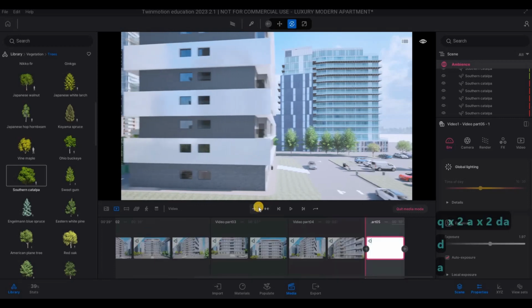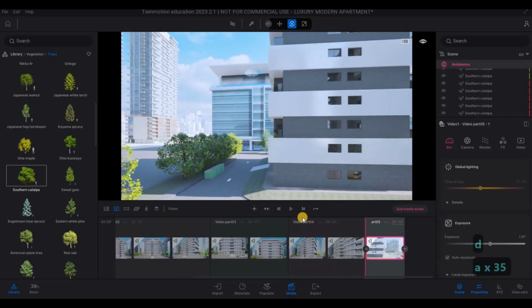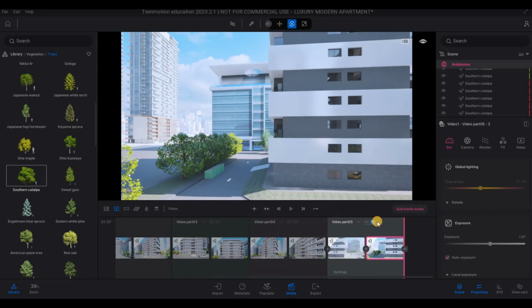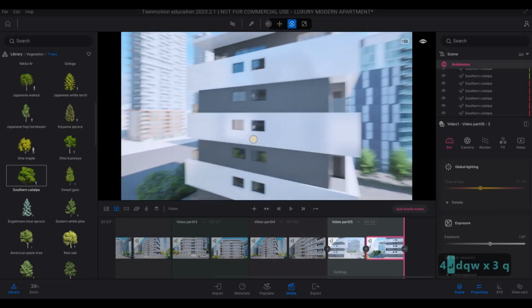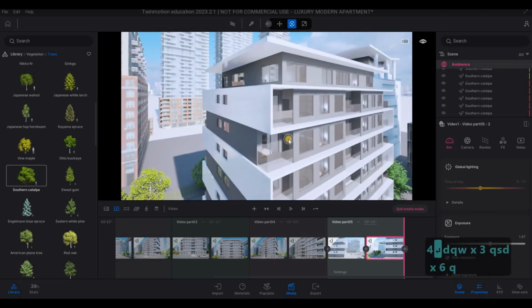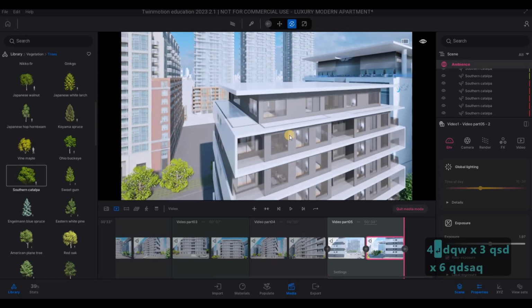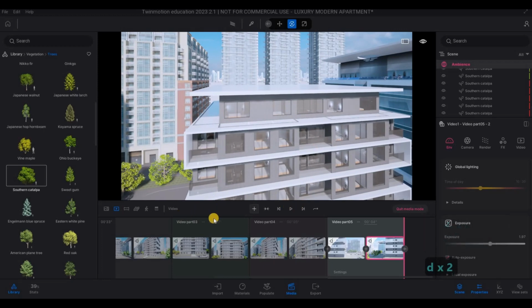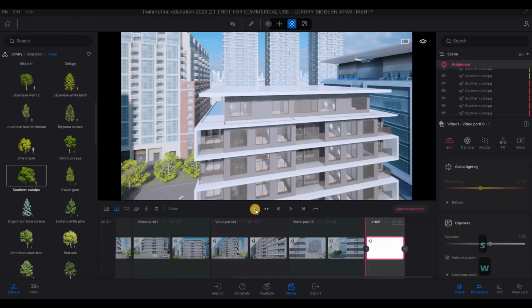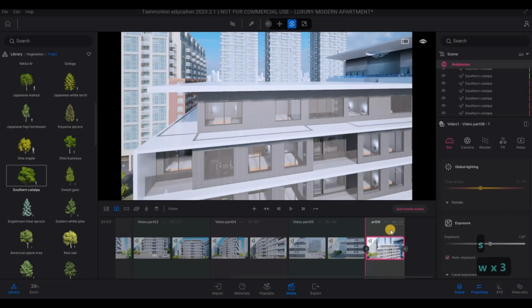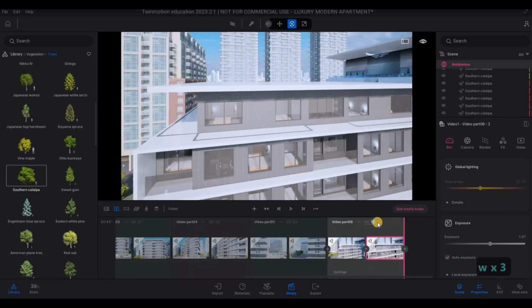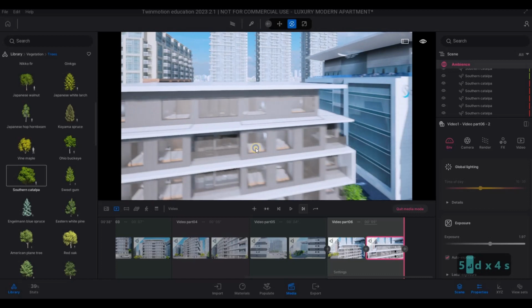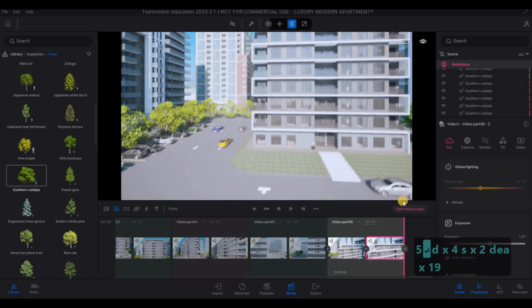So I'm gonna do this and then something like that. I'm gonna do maybe 4, and then something like this. And then just zooming there, and then 5 seconds. And then once you're